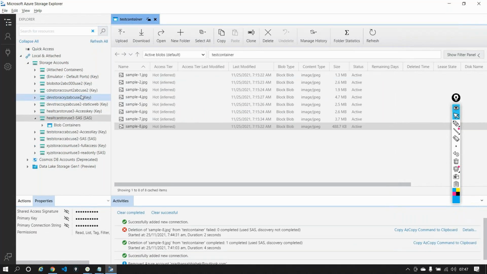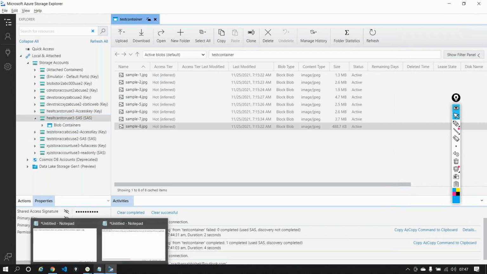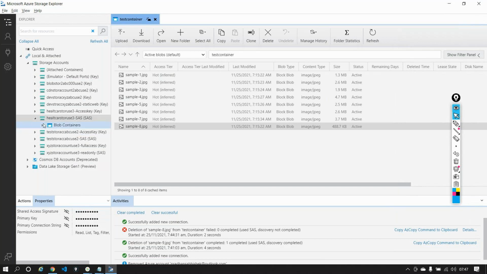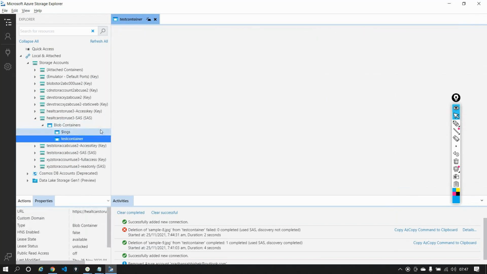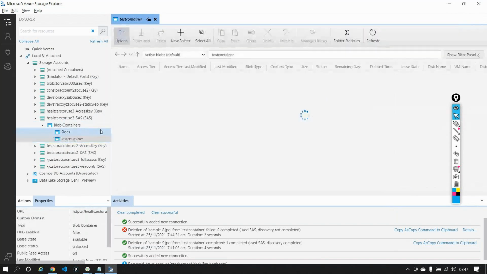And now do you see, right? If I had connected with a key, I had access to what? Blobs, files, tables, queues, all those services. But here I'm specifically saying that I only need access to the container. And inside this container, I'm there right now, and I see a couple of files out here.